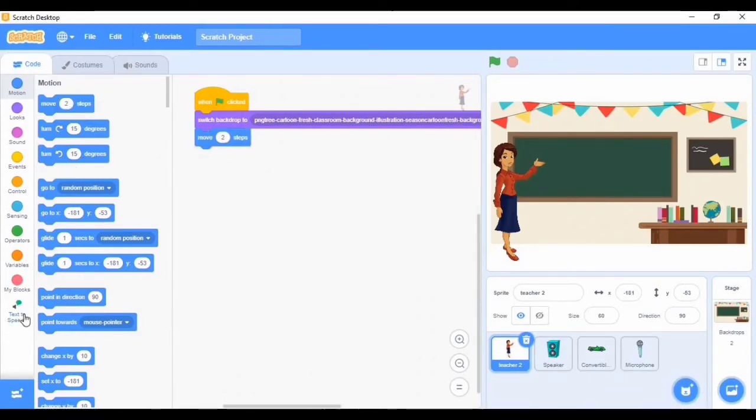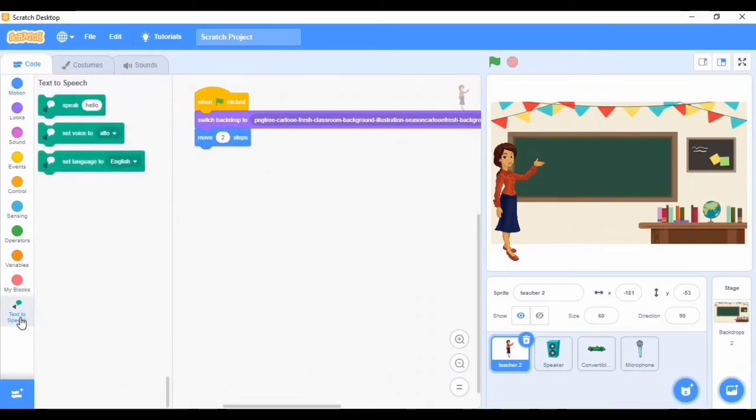Now I'm going to be using text to speech. As you know, most of my animations I use text to speech, but in the animated story about the bar I didn't use text to speech because in Scratch maybe there is no development, there's no male voice, only woman voice. That's why we didn't use it because we used the bar in that one.